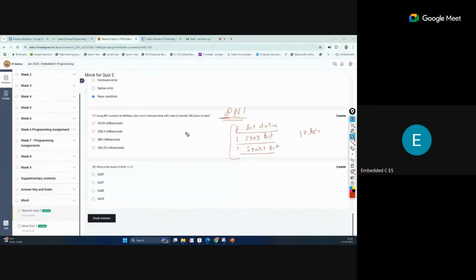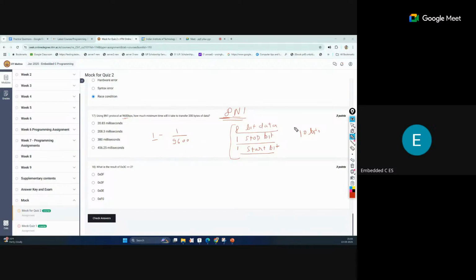Now we will check what time is required for transmitting 1 bit. Here the baud rate is given as 9600 bits per second. So we can calculate the time for 1 bit as 1 upon 9600.